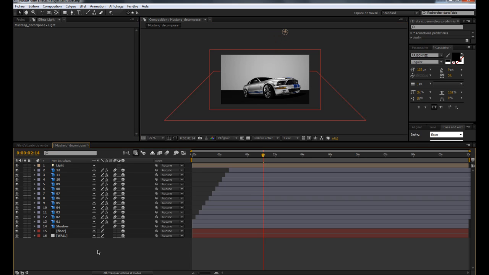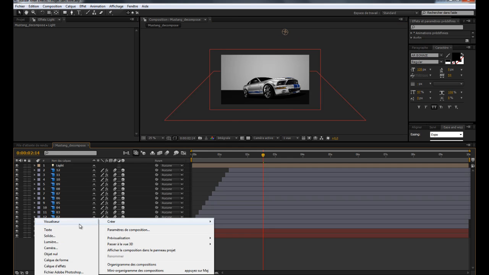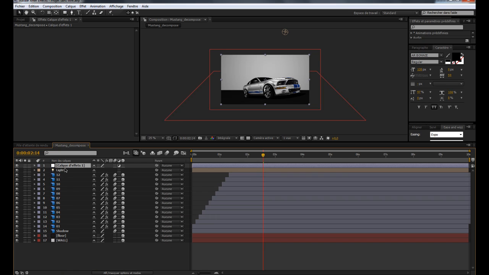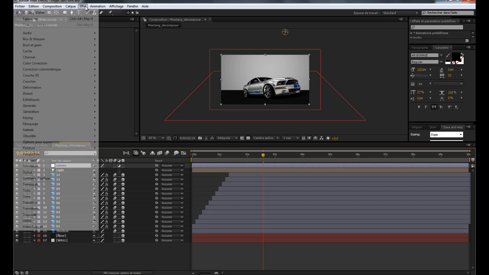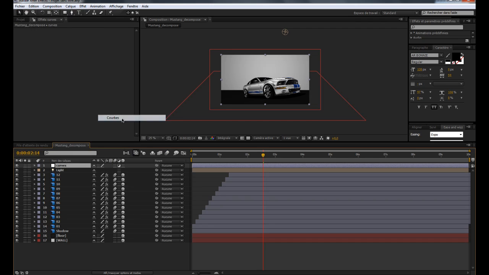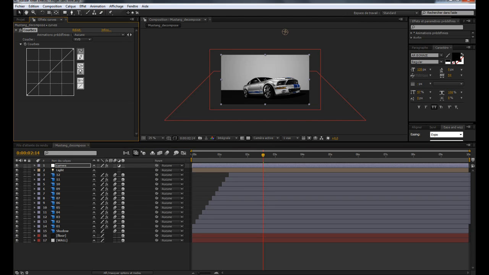Okay, now we're gonna have some adjustment layer. Create new adjustment layer, hit enter to rename it and call it curves. Hit OK, go to Effect, Color Correction, Curves. Gonna give it some contrast and some maybe blue. Okay,